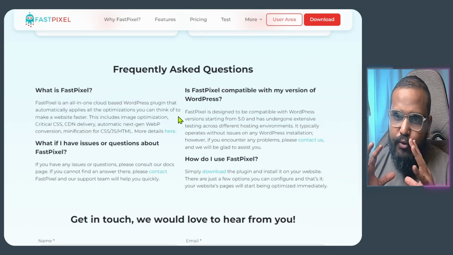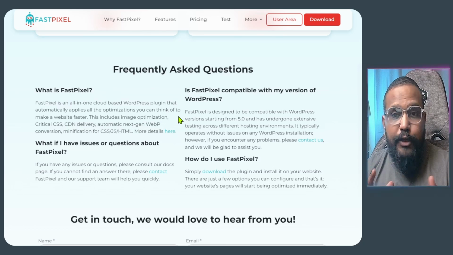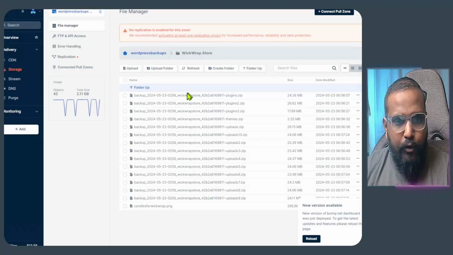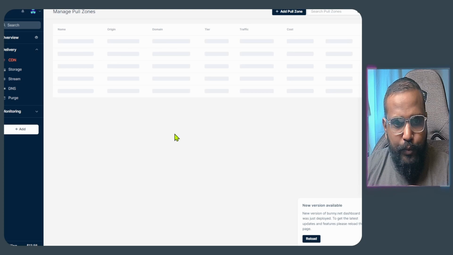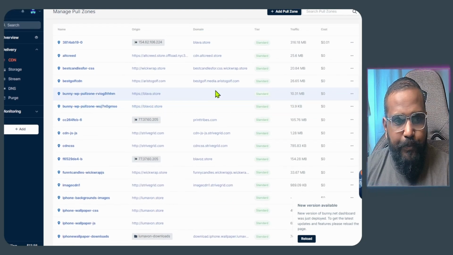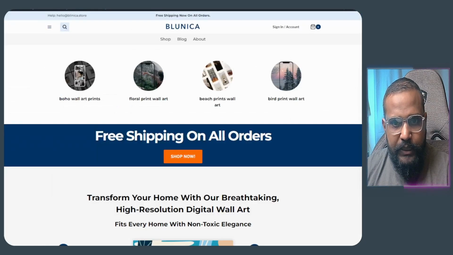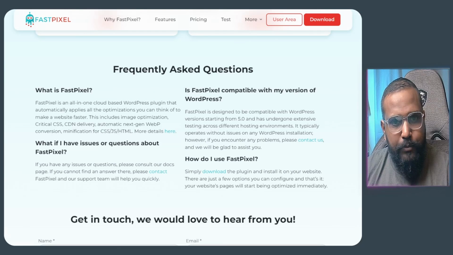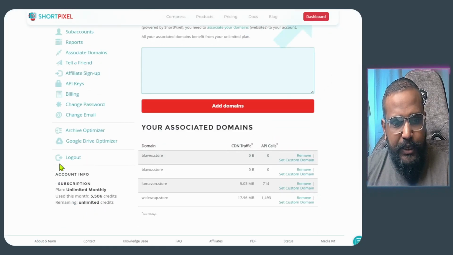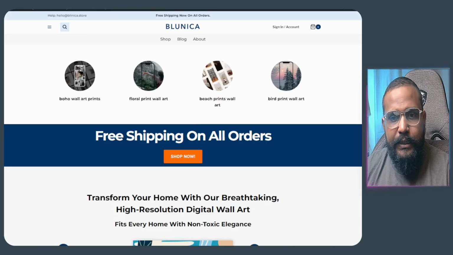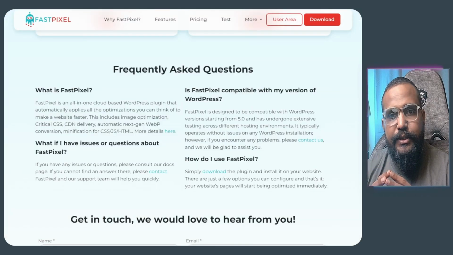So what this is going to do, what I believe is, how I use the plugins for existing websites is I have a Bunny CDN, which you can see here. It's right here. There are a lot of files being delivered through the CDN. This is what I use normally. Then with this, I club the ShortPixel image optimizer,